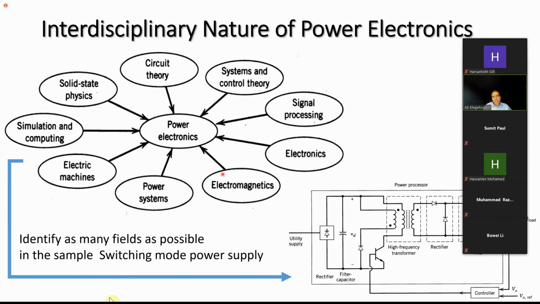So based on what I explained, you can see that power electronics is not just about converter topologies. It's a very complicated, multidisciplinary area. In power electronics, where you're working with this type of converters and power supplies, you're going to need circuit theory, you're going to need system and control background. You're going to have to do signal processing. For example, if you're dealing with the grid, with the 50 Hz, the harmonics that are coming there, lots and lots of signal processing,